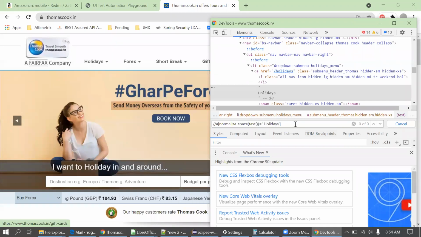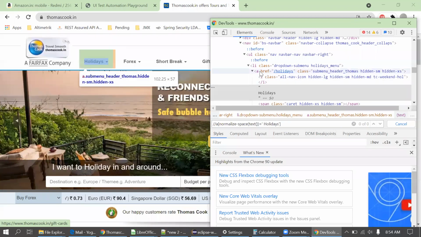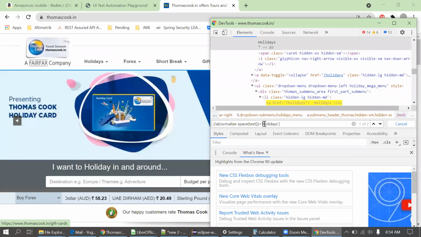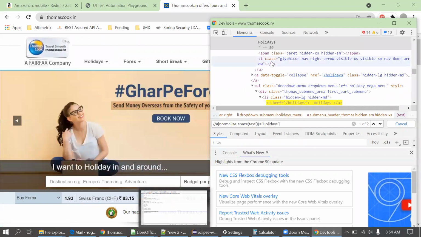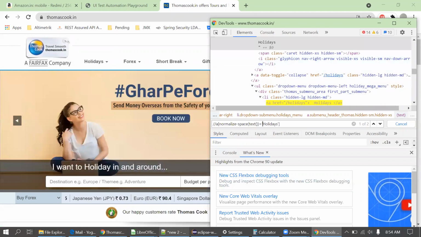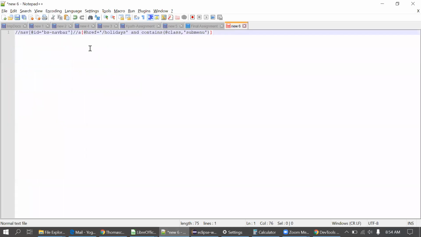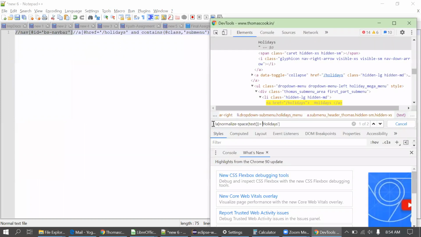Okay, so now I'm not getting this. Let me check what is wrong with this part. It's in A. Okay, holiday should be located here. Okay, I got it. Fine. Before that, I'll use I. I will combine this with the previous locator. It should work. I will put this starting part here as well. It is pointing to one.